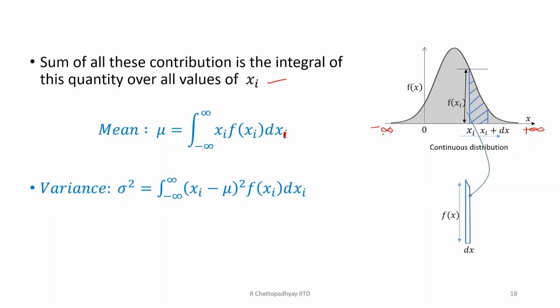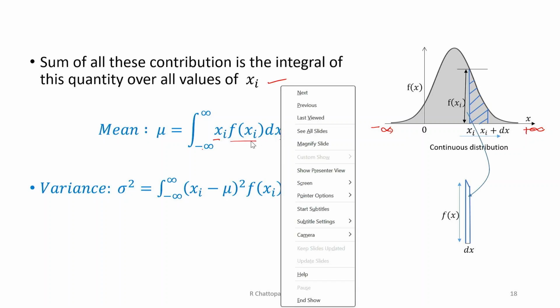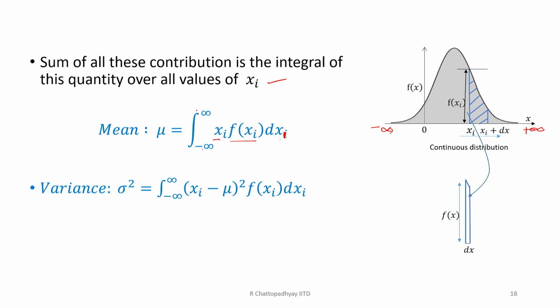If we take the entire curve and want to find out the mean, it will be xi into f(xi) dx, with xi varying from minus infinity to plus infinity. So all the values of x are considered here